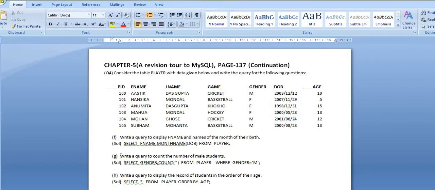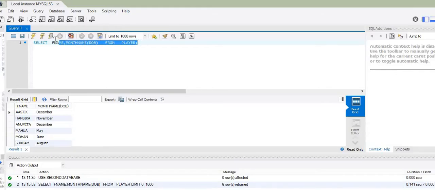Now let's come to the next question. It says write a query to count the number of male students. For counting the number of male students, I have to make use of the count star function, and in the where clause I have to set the condition that the gender should be M, because M denotes male students. So for that I have to write the query as